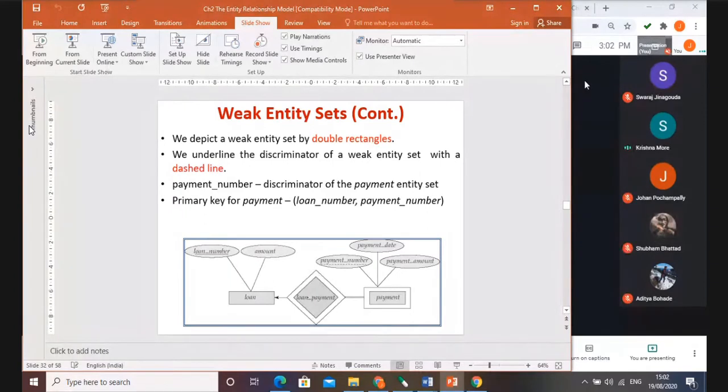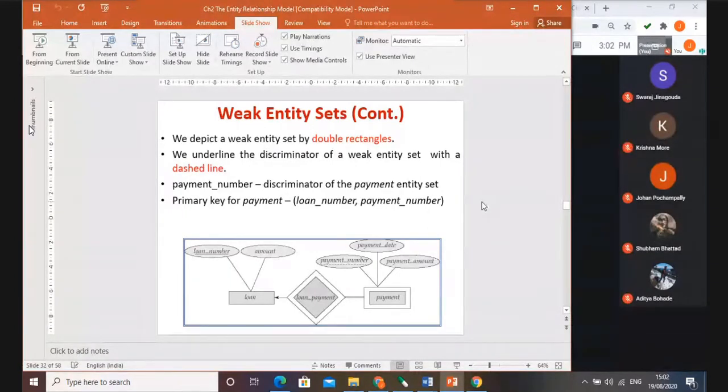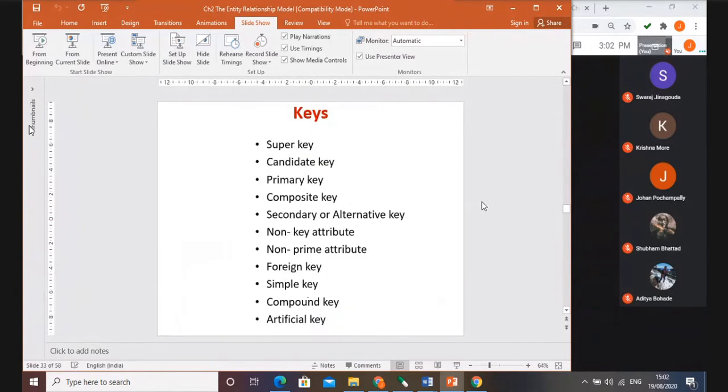Yes, ma'am, clear. Okay. So now we have done half of the important part of the ER diagram. A few parts we have covered. Now next is the keys, different keys. They have added the keys concept in chapter number 2 as well as chapter number 3. According to them, cover a few things in chapter number 2, and again repeat a few things in chapter number 3. So what I have done is taken all the keys together and added those in this chapter only. So here we'll learn all the types of keys. So we'll start with the keys.